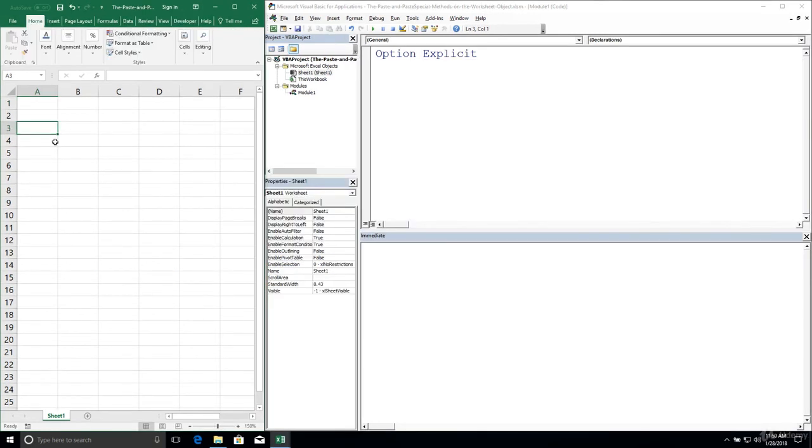In this lesson, we'll take a look at the paste special method on a range object. Paste special allows us to paste in a special manner, much like we can in the main Excel interface. For example, if I have a cell here with the value number 1, and I go ahead and copy it